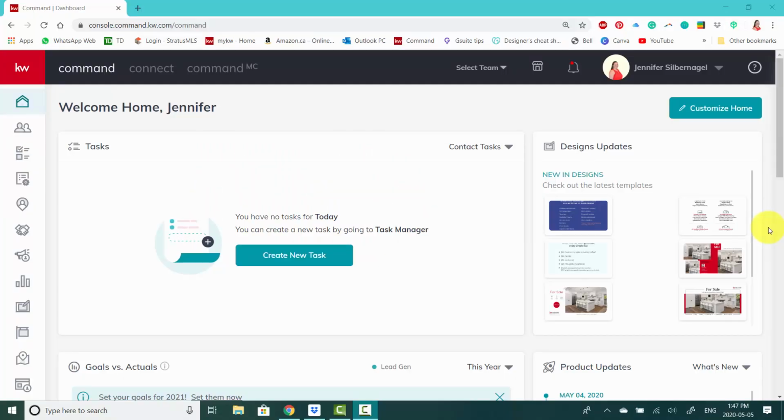Welcome to Adding a Listing to Command Explained. What we're going to do today is go through the process of uploading your brand new listing to our Market Center and Deal Administrators so that they have all the paperwork and you can get it onto MLS and get the house sold. So the first thing we're going to do is make sure that your client